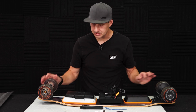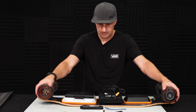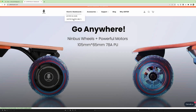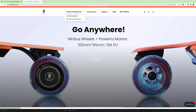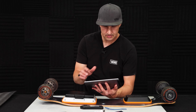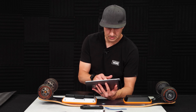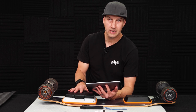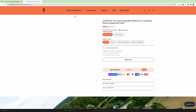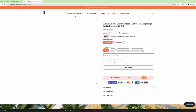All right, let's take a look at the website and see what the specs are for this thing. Looks like they're only offering 2 skateboards these days. The S3 Hub, which is what this is, because it's got hub motors, and the S3 Pro, which is a belt drive, which is probably a nice natural step up from this unit. So if we check out the S3 Hub,